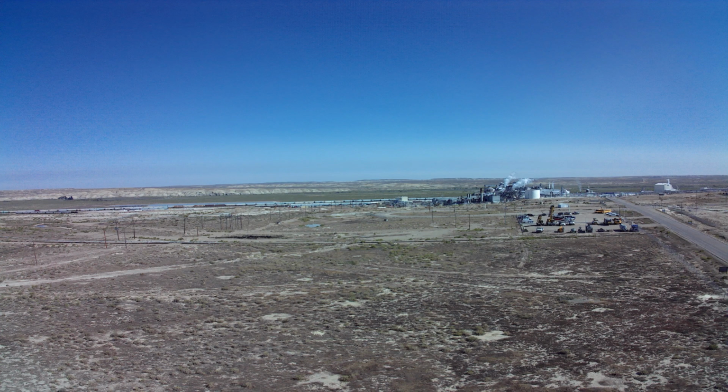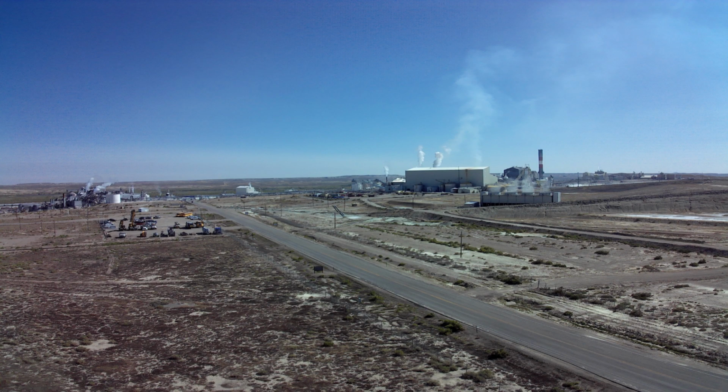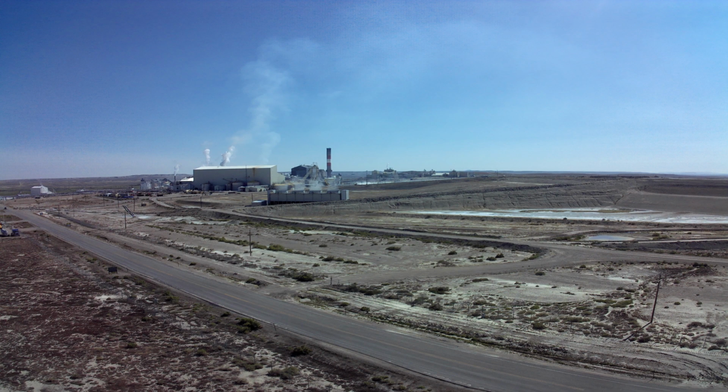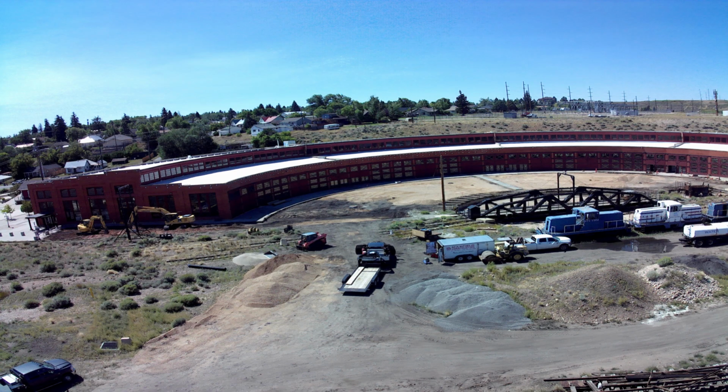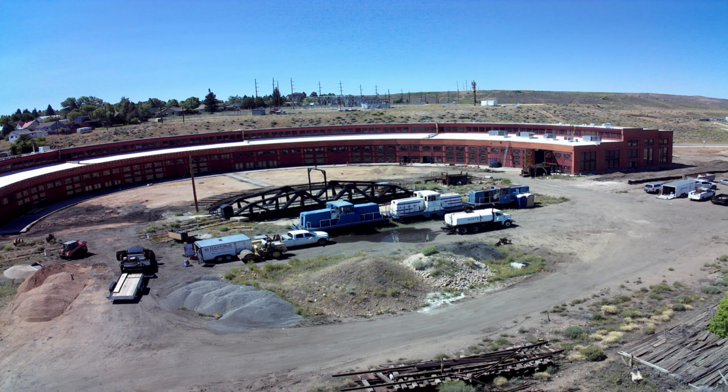So it should look pretty cool. Now in the far distance you can see there's some railroad cars, so I'll probably try to not include that part of it. And there was some more to West Vaco that I didn't really get close enough to get a picture of. Now, this is at the Evanston itself, and I really wanted to get some pictures of this